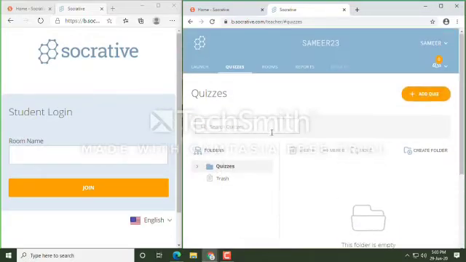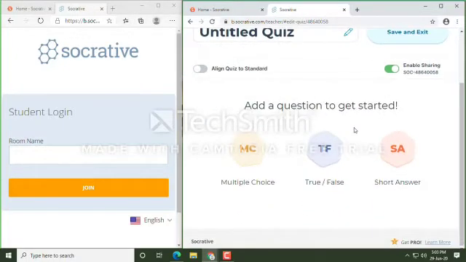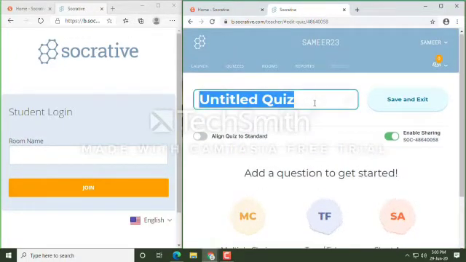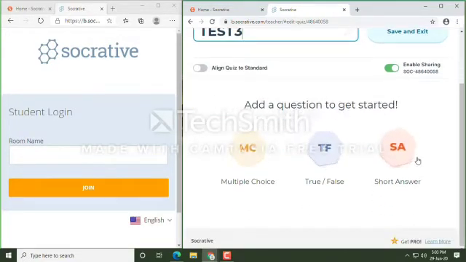To do this I am going to press quizzes, the second option on the top, press add quiz and create new. A window appears. Here I can rename the quiz, say test 3. Three types of questions can be added: multiple choice question, true or false, and short answer type question.